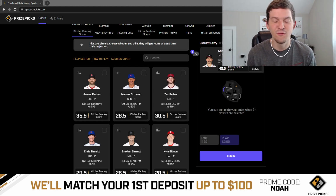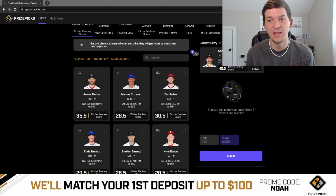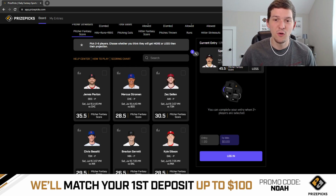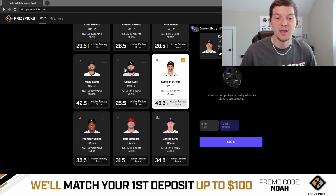Again, it's a high line, 45.5. 46 fantasy points is a lot of fantasy points for a pitcher, but if anyone can get that many, it's probably going to be Spencer Strider, and in a really good matchup like this, I like his chances of getting 46 fantasy score here. So that's the first play I like for today, and then the other play that I like, another pitcher fantasy score,